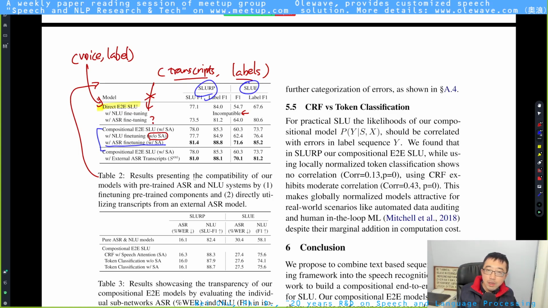Limited amount of data, not a lot of data, but you can definitely use some external better ASR to decode